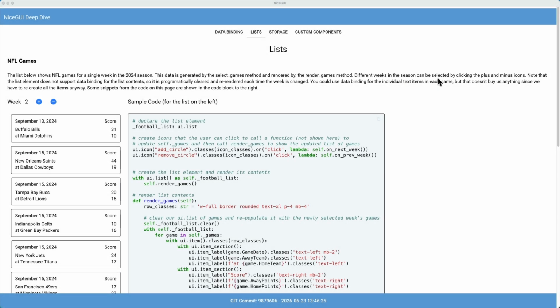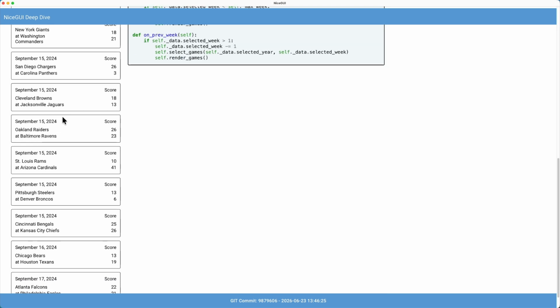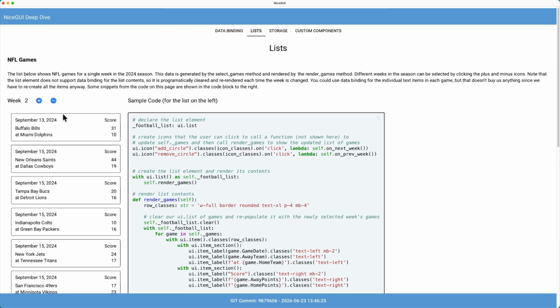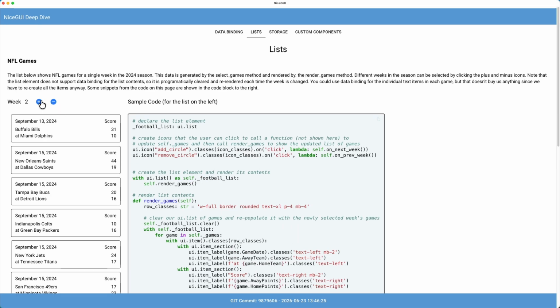Here is a page that lists the NFL games for the 2024 NFL season, 1 week at a time. The plus and minus buttons move forward and backward through the weeks of the season. The game data is stored in a Python variable as a list of dictionaries, each of which contains the data